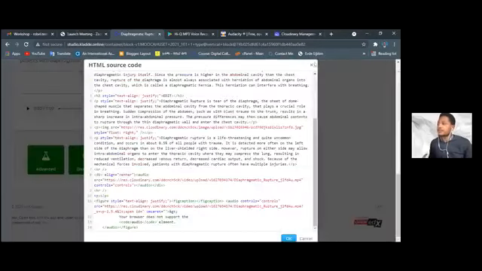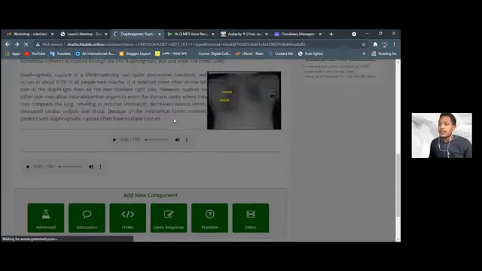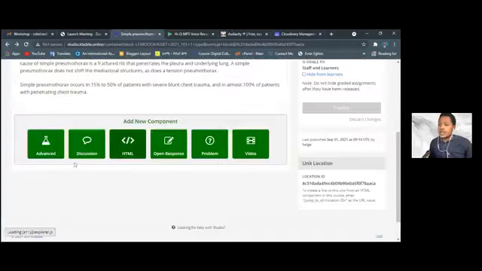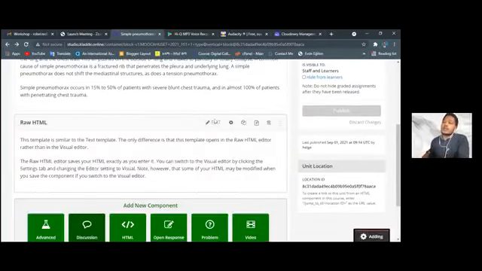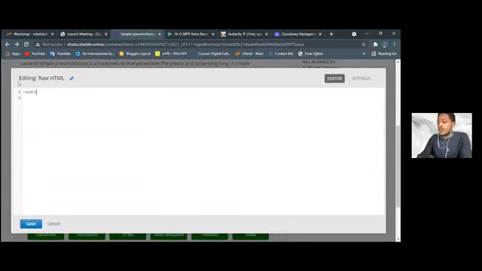code audio controls equals to and audio.